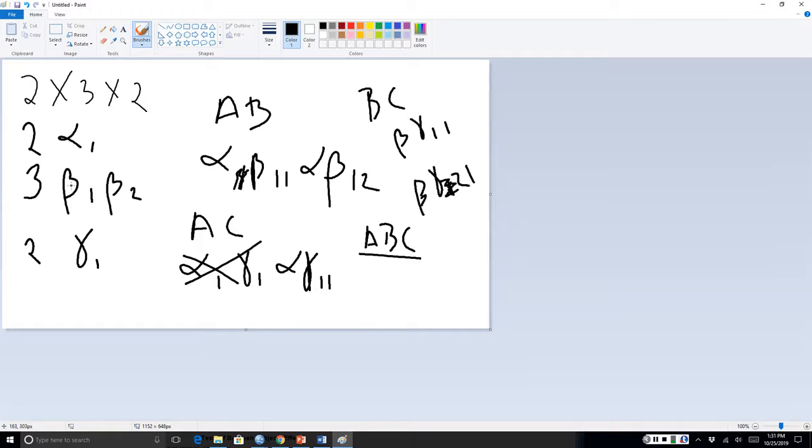Alpha 1, beta 1, gamma 1. So alpha, beta, gamma 1, 1, 1. And then alpha 1, beta 2, gamma 1. So alpha, beta, gamma 1, 2, 1. And alpha, beta, gamma 1, 2, 1. Okay, so hopefully you wrote these down,